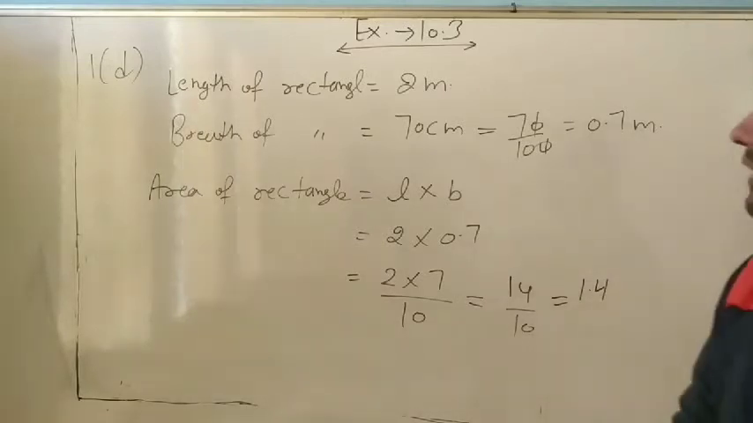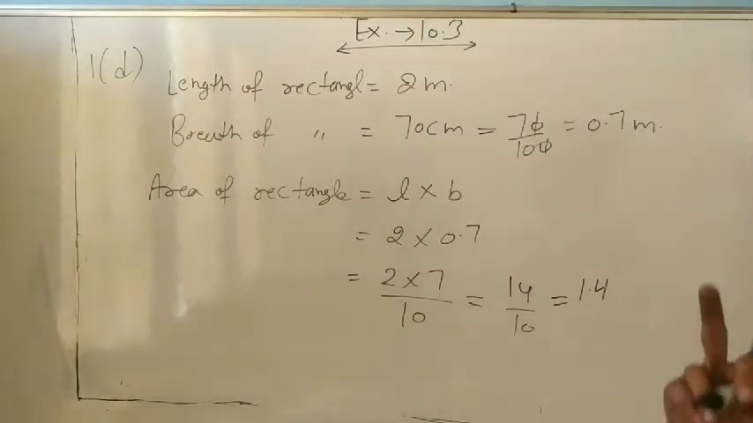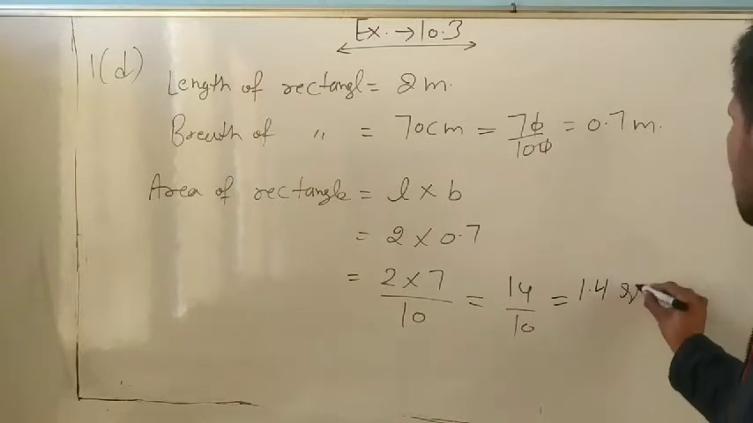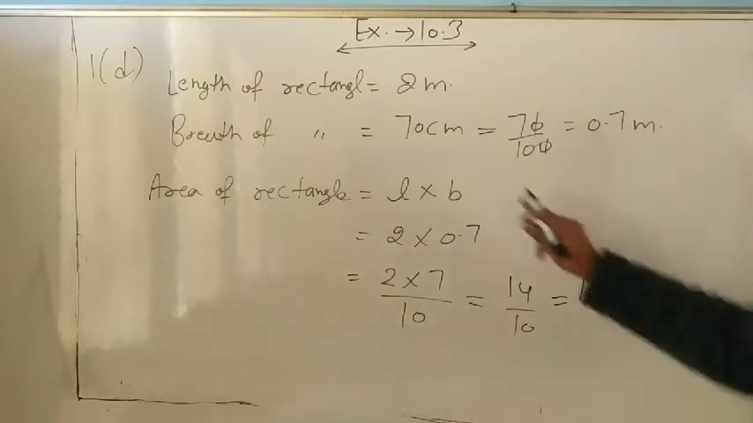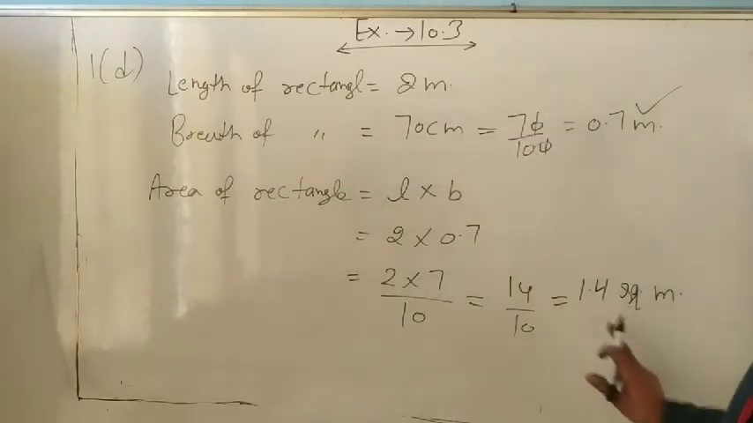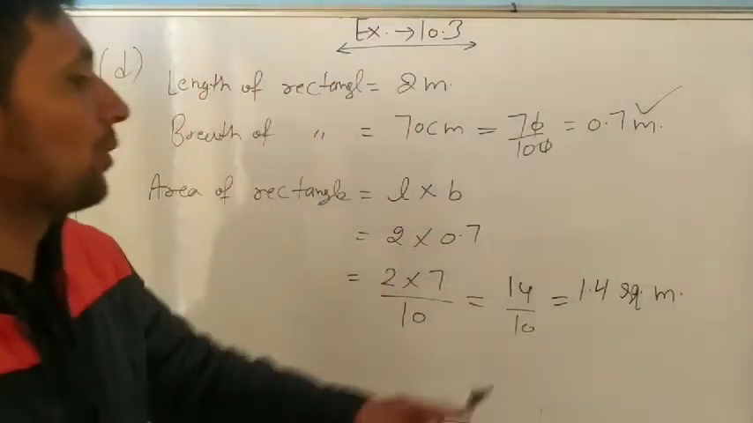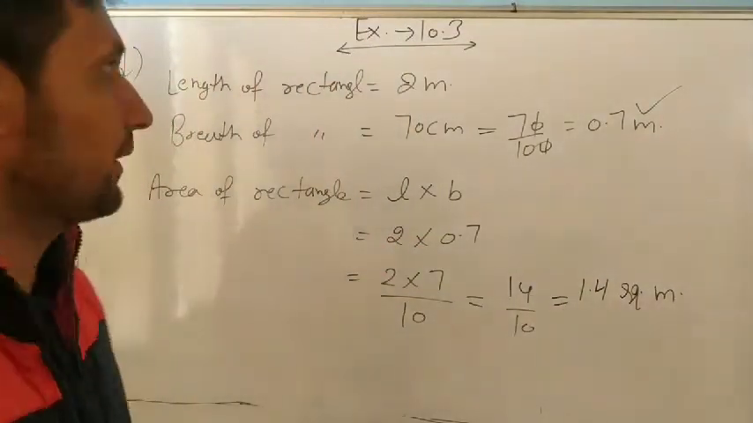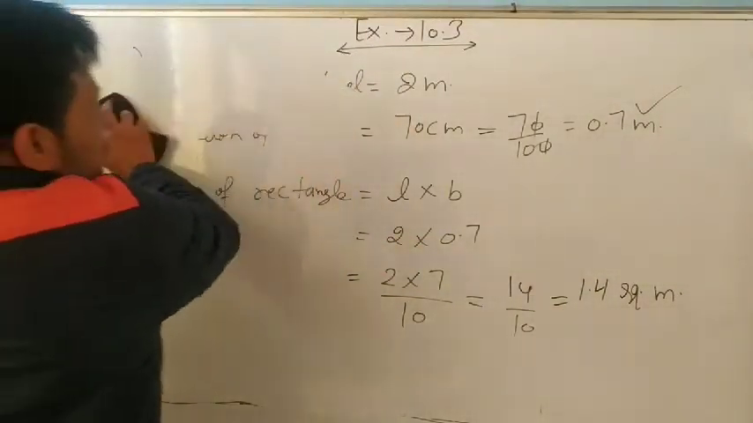And always remember, area is always in square. So we write square meter, because we changed it in meter. If it is in centimeter, we will write square centimeter. Always square. So it means 1.4 square meter. Understand? Next is